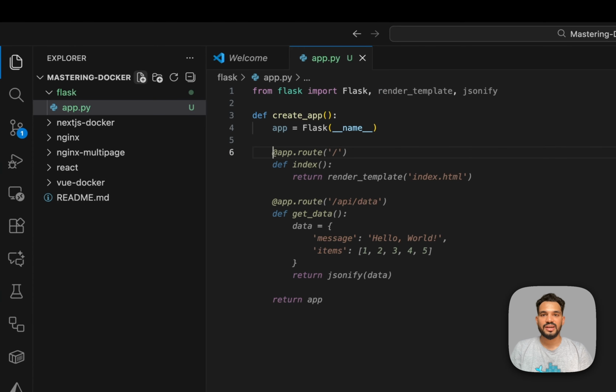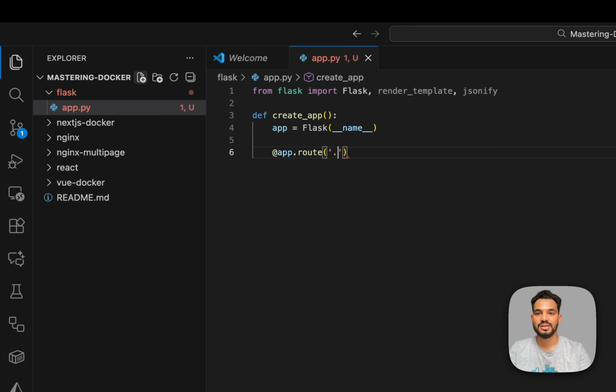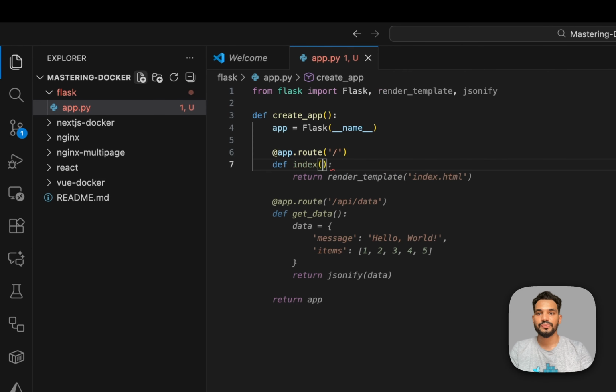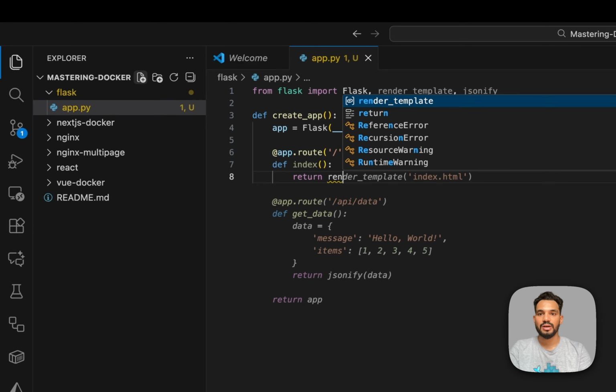Then once I create an object of Flask, I'll be using the same object and invoking a method called route. Now, what is this route? Route is a function that will match the pattern of your URL and call the respective or corresponding functions associated with that pattern. So for route slash, I'll define a function called index, and in that I will return